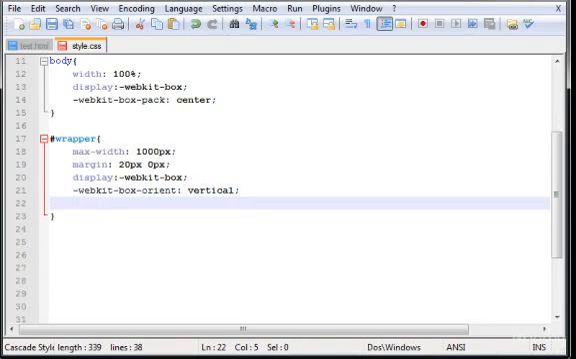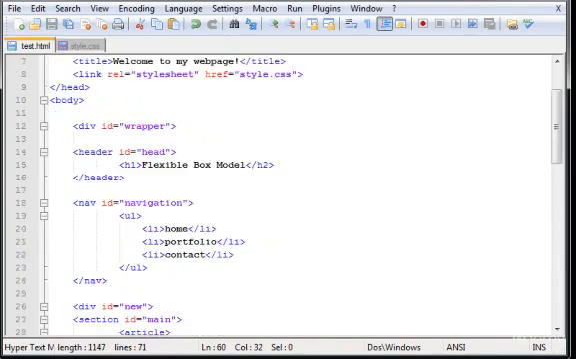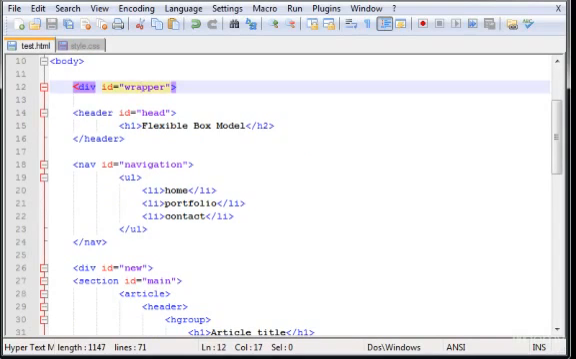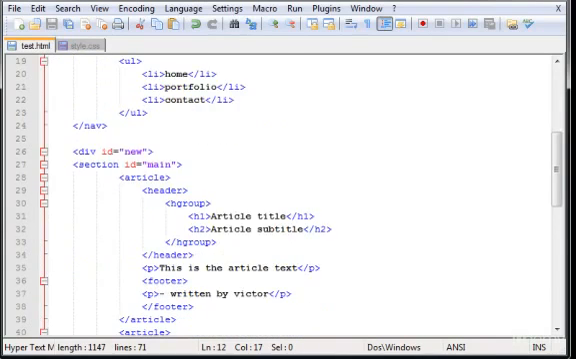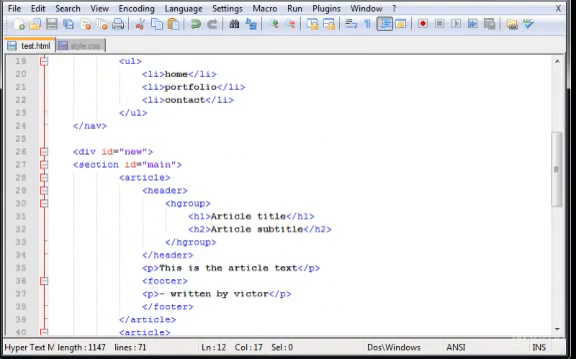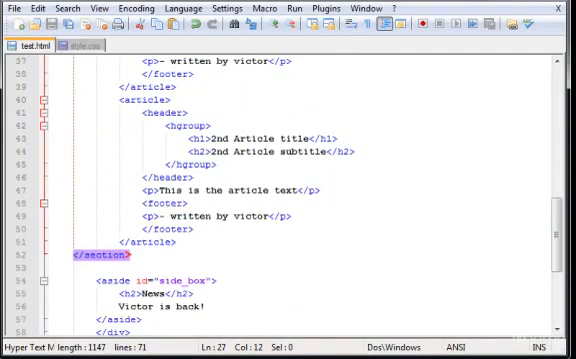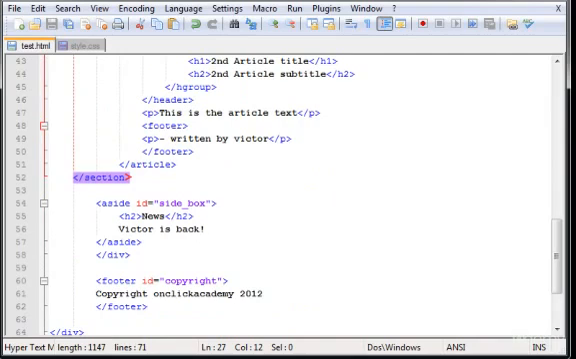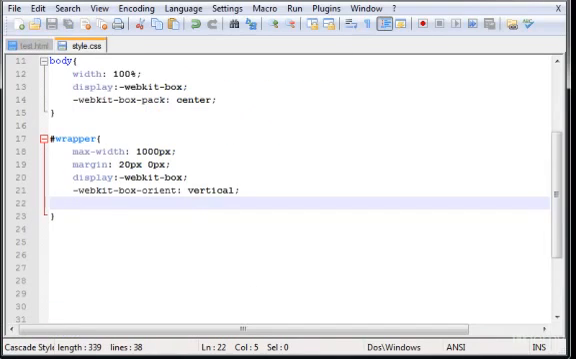Okay. Remember that the wrapper is in here, and what it has inside it is the header, the nav, and it has also the section here, and the aside as well. So let's save this. Let's type vertical there, and here I'm going to type WebKit box,